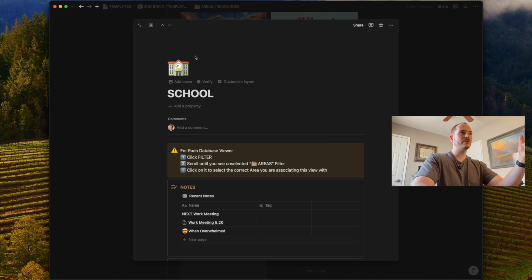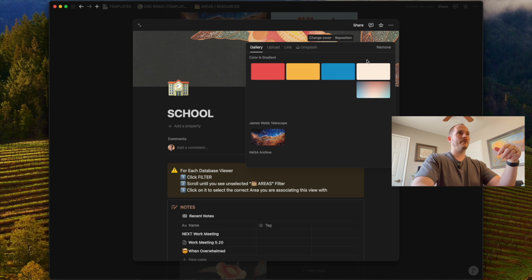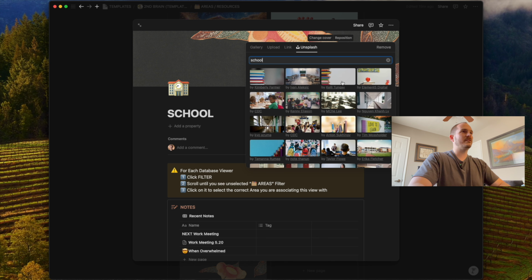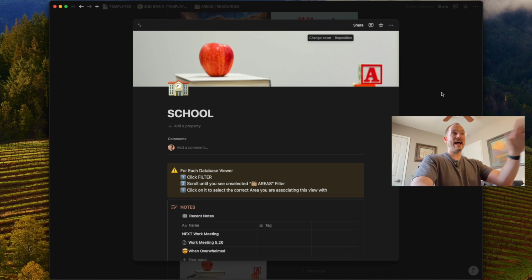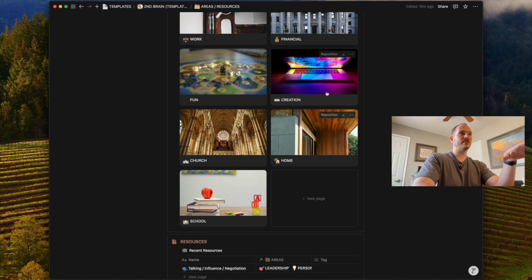If you've never used Notion before, you can actually add a little cover photo, change the cover, use Unsplash, type in school. What seems academic? Classic Apple with some books. Okay, so now that we've added this in, if we exited from here, you'll note that we now have our tab. We see school as the title of our area. We've got a little picture that keeps it all consistent with what we're viewing here with the rest of our